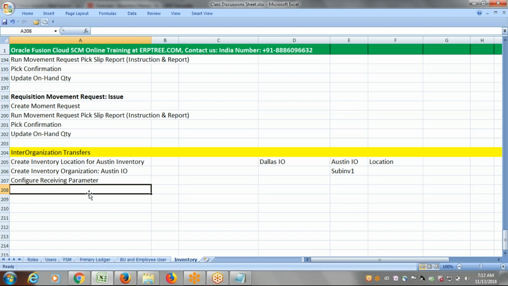If they don't have a real subinventory, at least you have to create a dummy definition of a subinventory within the inventory organization. So create a subinventory. Okay, create one or two subinventories. One would be enough to test this scenario. So after that, what we have to do is,